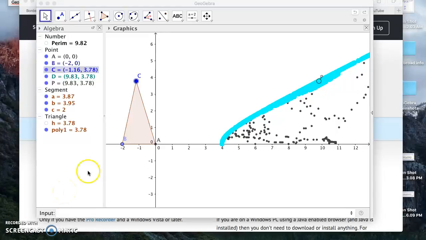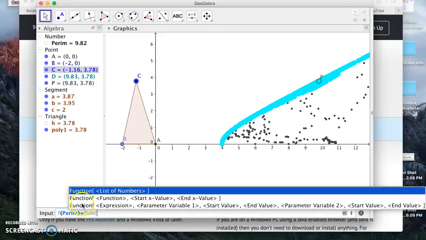Okay, so the equation that I just found in the last video is going to equal this curve right here. And so I'm going to type in that equation. So I'm going to do f of perimeter equals, I'm going to type in function, and I'm going to click this second option right here, because since the